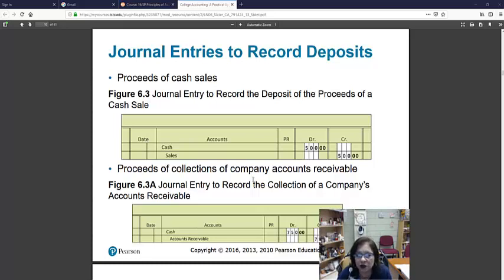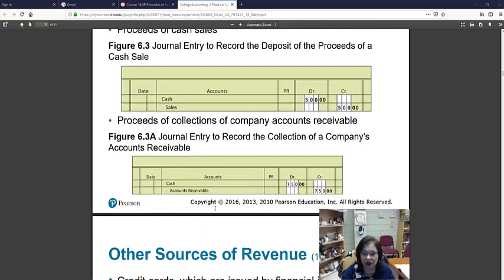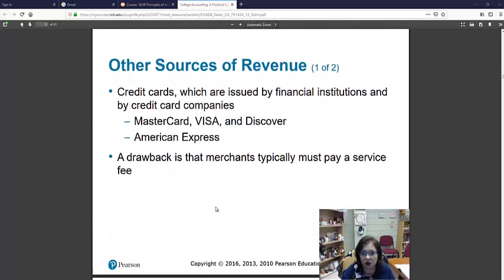Then, of course, to record the collection, if you received any money for accounts receivable, you're going to debit your cash and credit your accounts receivable as well, because you've got money coming in, and you're decreasing the accounts receivable account. Other sources of revenue, of course,